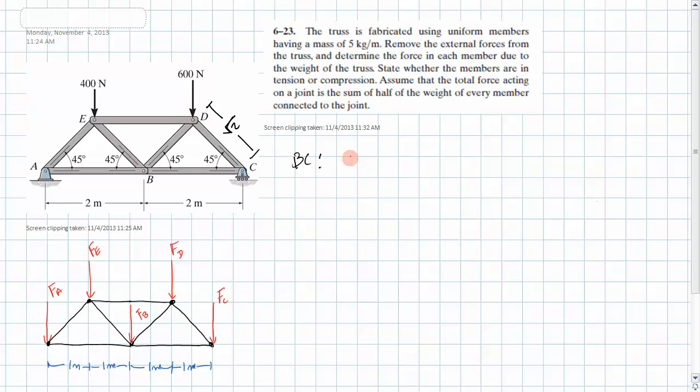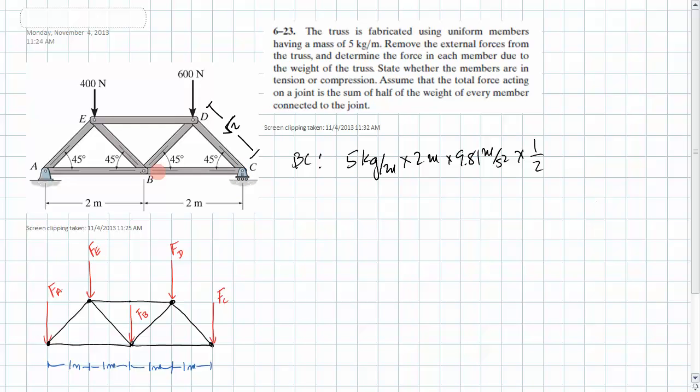Therefore the weight is 5 kilograms per meter times 2 meters times 9.81 meters per second squared. So this is the weight, right? And that divided by 2. So that is the weight that we're going to add at C